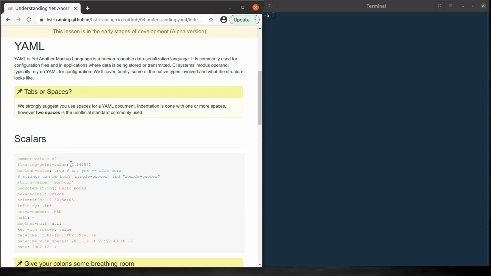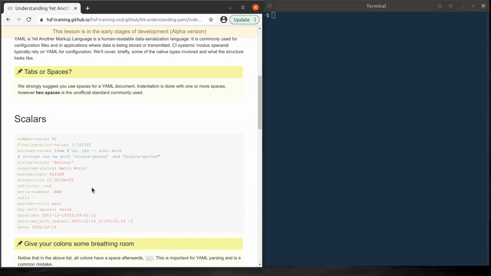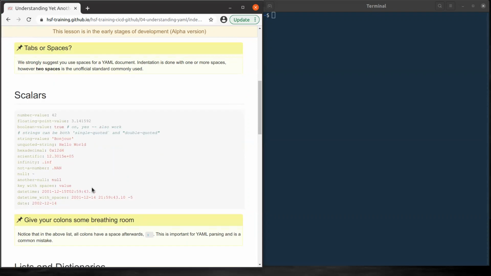The value can be a number, a float, as well as a boolean. You can also use strings. There are different ways of using strings. You can use single quote or double quote, or you can just write down the string. So there are many formats supported by